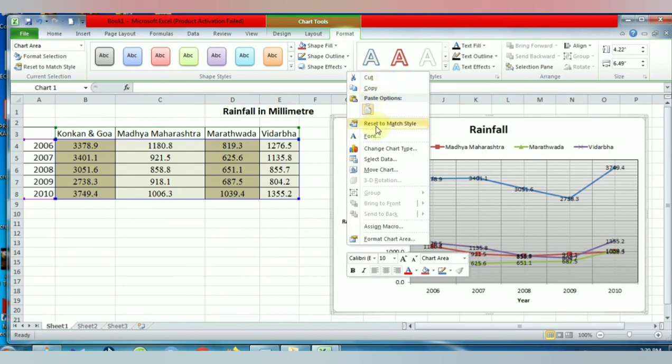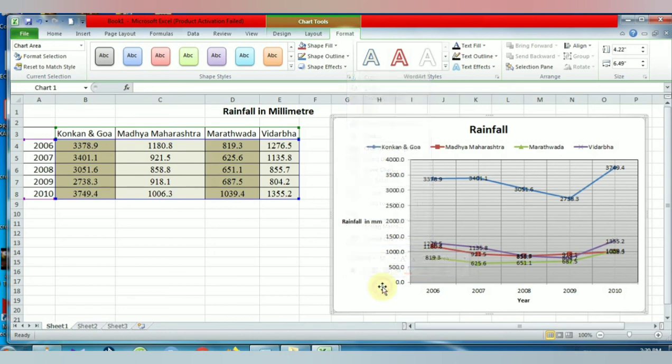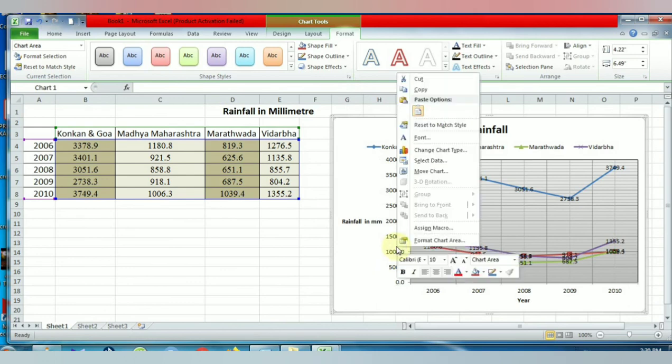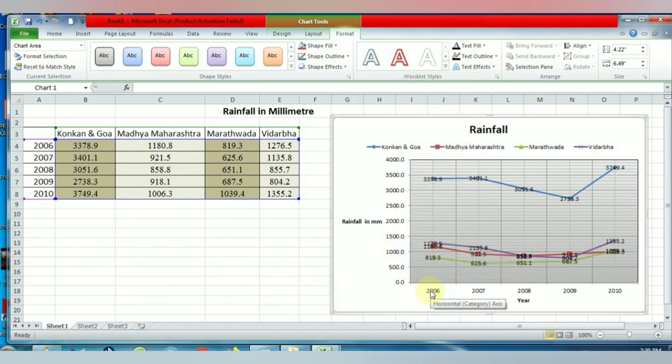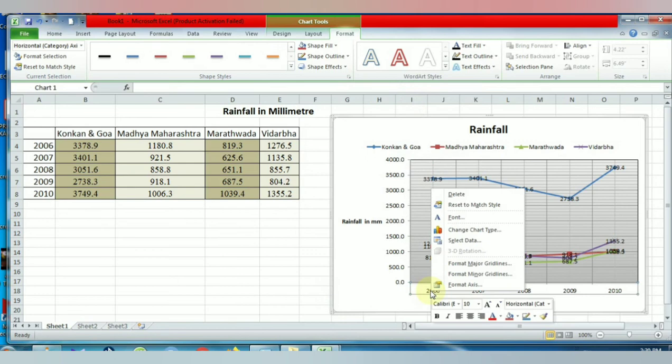Now we will see how to edit or modify the chart using the right click option. If we move the mouse pointer on any chart area and just right click on that area, then various types of formatting options will be made available to us. You can see cut, copy, paste, and font. These are the various types of formatting options available.